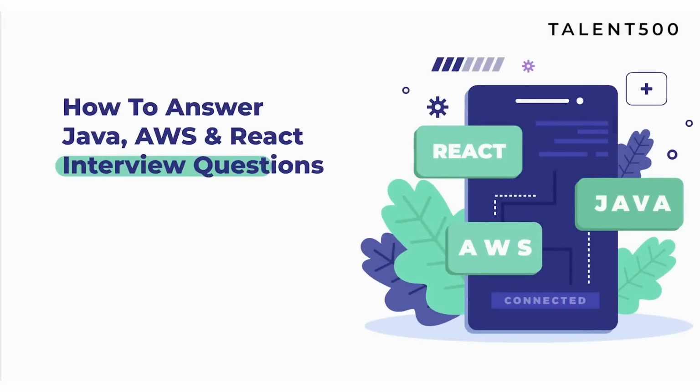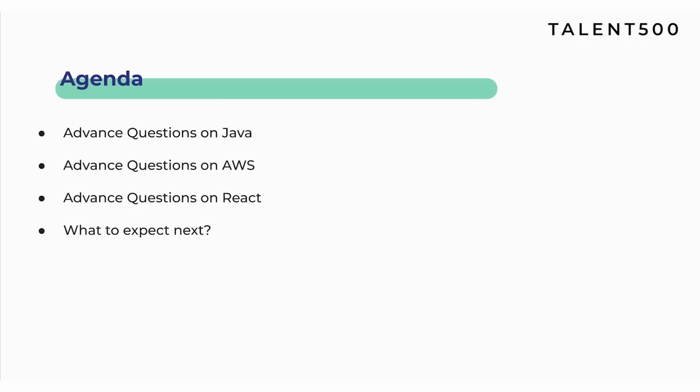Today we'll be discussing the interview questions that are very frequently asked and very popular for intermediate and senior engineering roles. The interview questions will revolve around Java, React and AWS tech stack. AWS here means Amazon Web Services. So if I talk about the agenda for today, we'll be discussing first the Java advanced questions, then the AWS and then the React. Later on, we'll also discuss what we are going to discuss in the next video, because we are creating a full stack development series and we'll be covering everything that you need to crack interviews for the particular domain. Let's move forward.